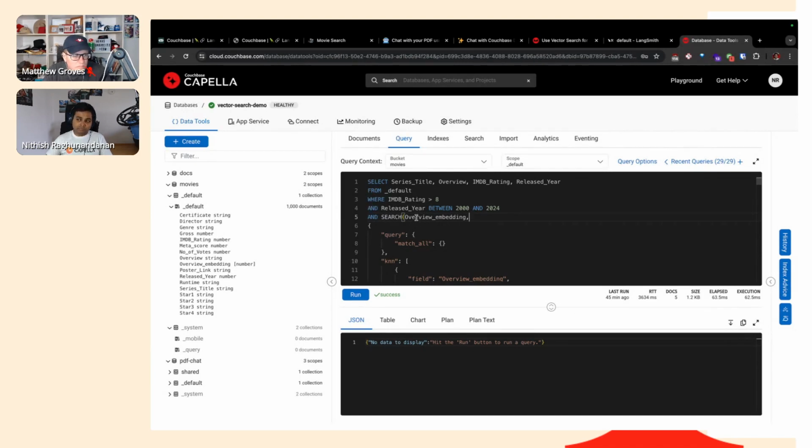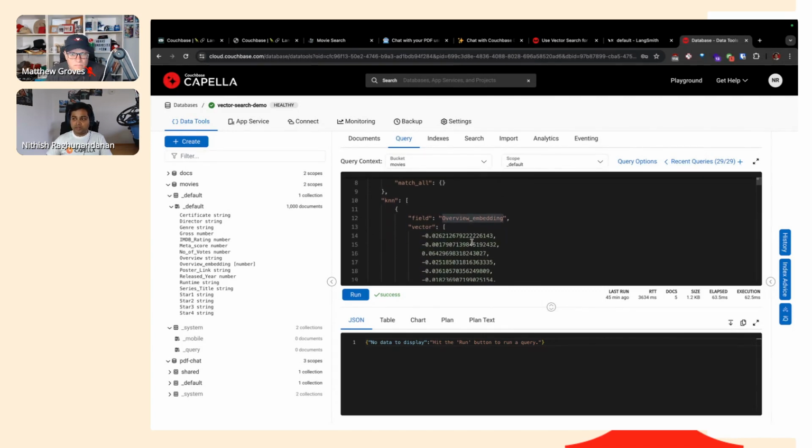Here I'm searching for my vector field, so overview embedding, and you have the KNN, and you are essentially putting in the whole 1536 dimension vector. At the end you say you want the 5 nearest documents, and you're also limiting the whole query to 5.